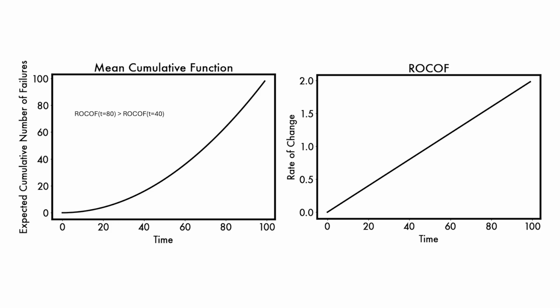And I'm going to show two examples, one of deterioration and one of improvement of repairable systems. I can check if the system is deteriorating or improving just by looking at the mean cumulative function or the ROCOF function. Looking here, I can see that this mean cumulative function is concave up, so the system is deteriorating. But if I look at the ROCOF, it also tells me the same story, because the rate of change of failures is increasing.